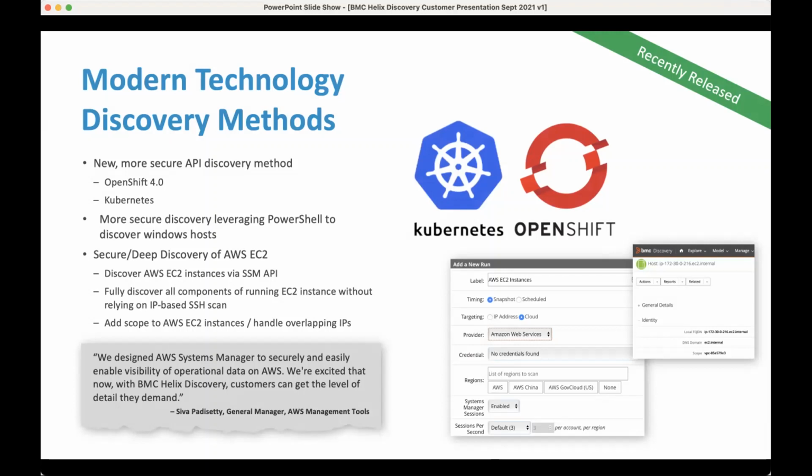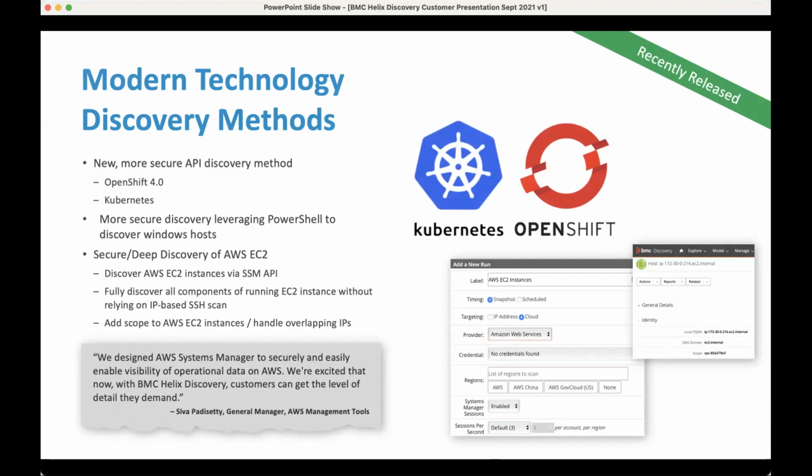We also, back in I believe the May timeframe, delivered PowerShell Discovery for Windows hosts. That was probably one of the top voted items in the community for quite some time. So customers were having to give more administrative access for the previous methodologies we used for Windows discovery. And now with PowerShell, they can get more prescriptive in how they set up permissions for all the different PowerShell cmdlets that are needed to run when discovering. So it's really opened up